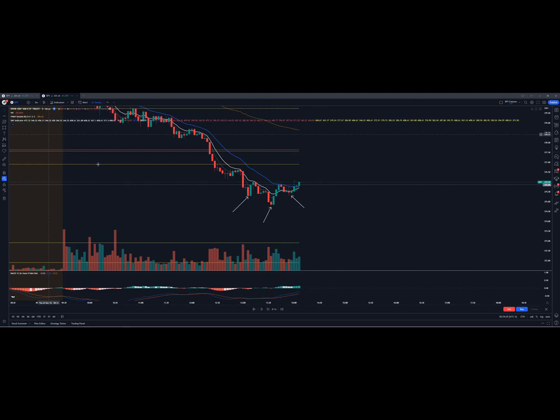So what I would do is once I see that this pattern is forming, obviously we draw the neckline, and we're looking for that neckline to break, but at the same time I want some other confirmation as well. So what I'm looking for is a candle close above that neckline, which we can see is already happening here. I also want that 9 EMA to cross, and then I would probably enter a trade here, and what